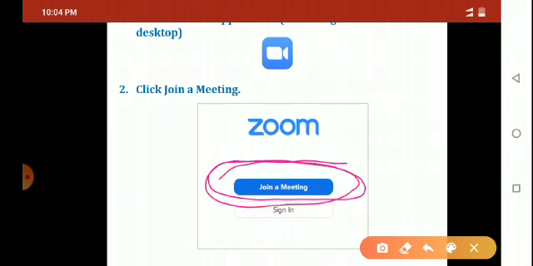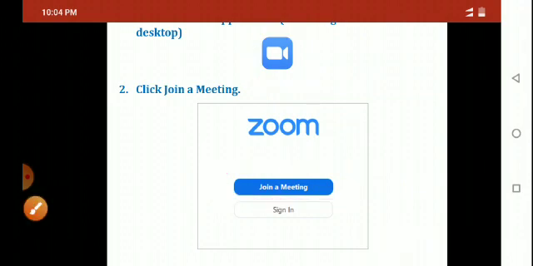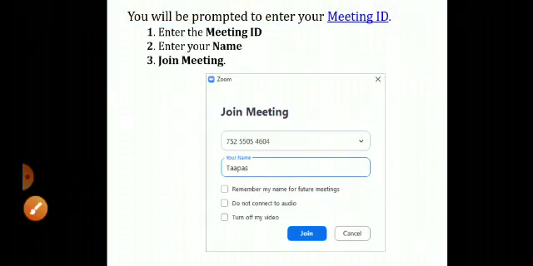When you click on this join a meeting, what will you see? You will see this screen. Here you will be prompted to enter the meeting ID.